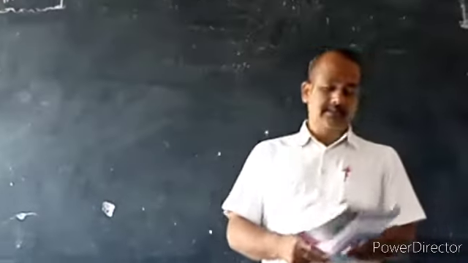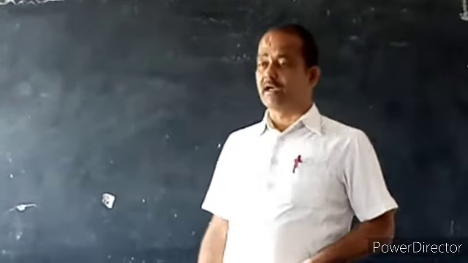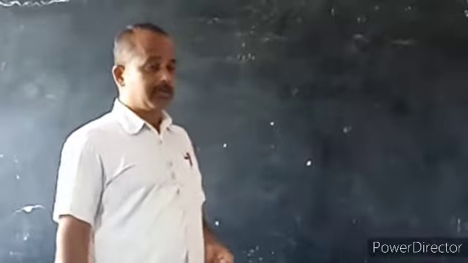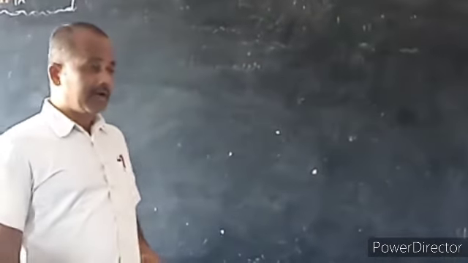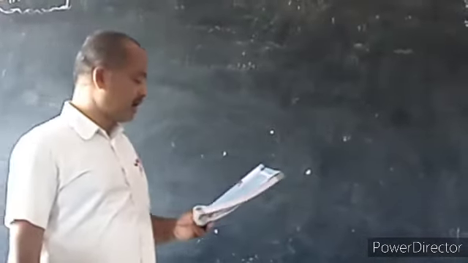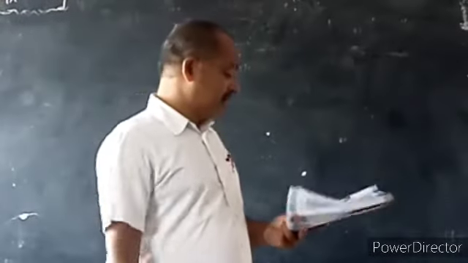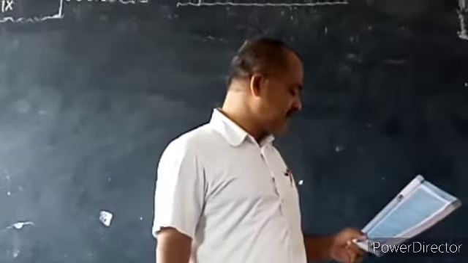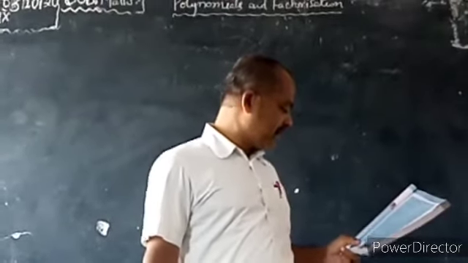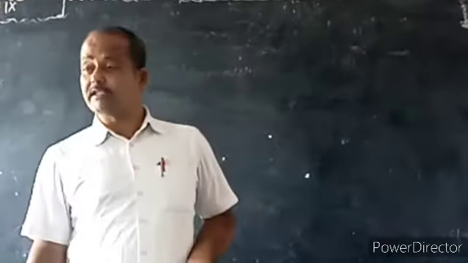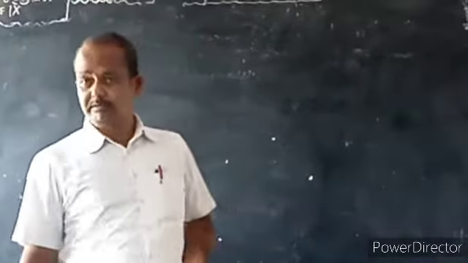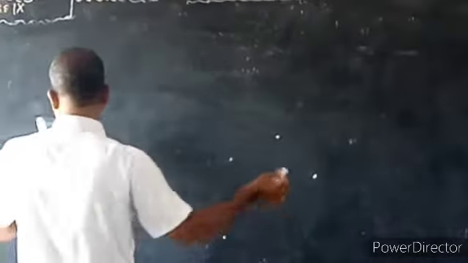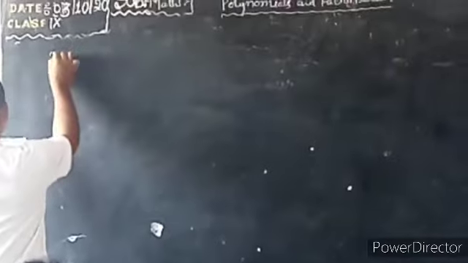In the previous class we discussed some problems on factorizing and verifying them by using the algebraic identities. Today also we have to verify some problems and find the factors or dimensions of rectangular cuboids by using the algebraic identities. So first problem,